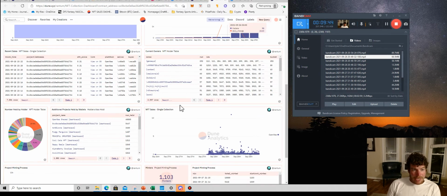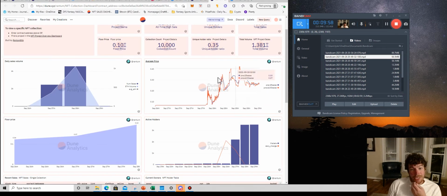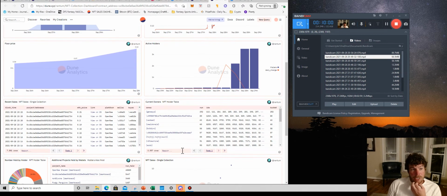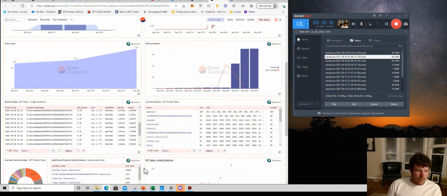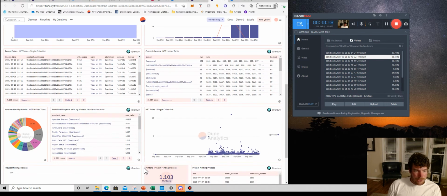if I like the data I've seen and I want to start digging into what it is, because the numbers look good, it looks like it's got a good setup. Maybe I like who's holding the project. I like the price range. Maybe I like the price action up here. This is the floor price. As you'll see when we get into a project that's a month old, you'll see a lot of choppiness. It'll tell a better story than one that's just 2 days old when it comes to the floor price tracker. But